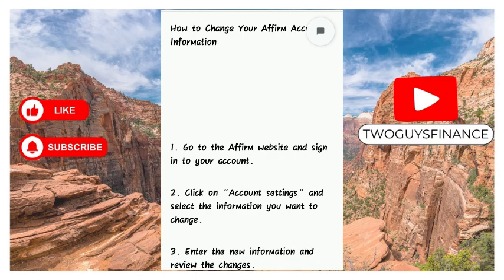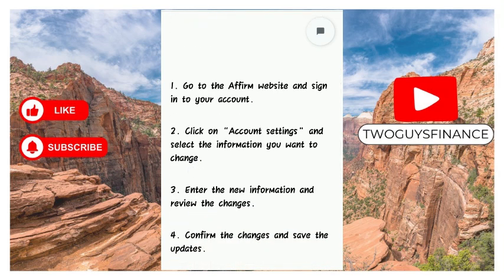Now you're going to enter the new information. That could be your password, it could be a phone number or whatever. Just enter the new information and review the changes, and then you're going to confirm the change and save the